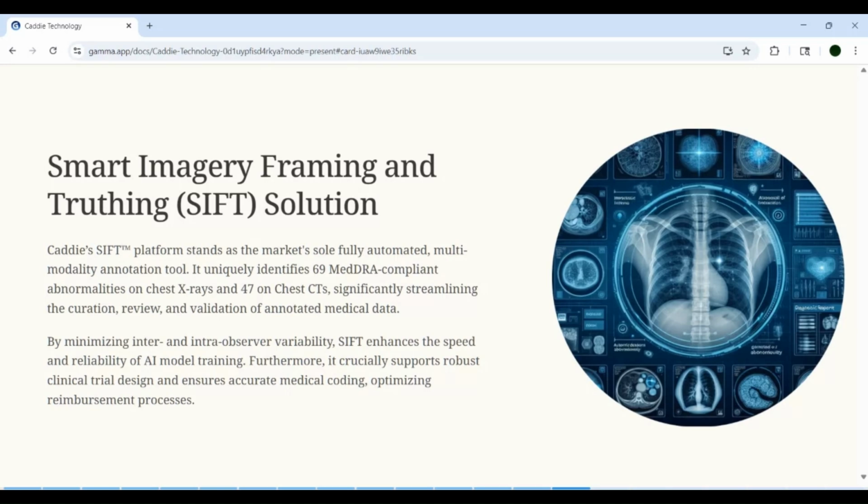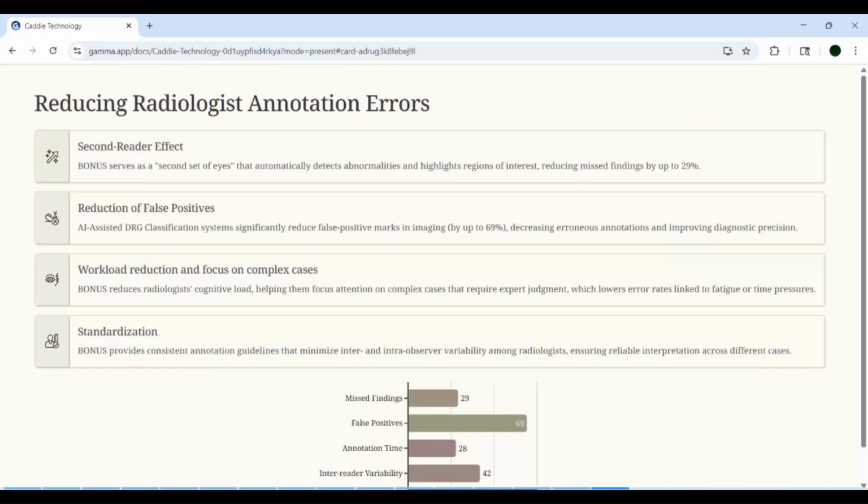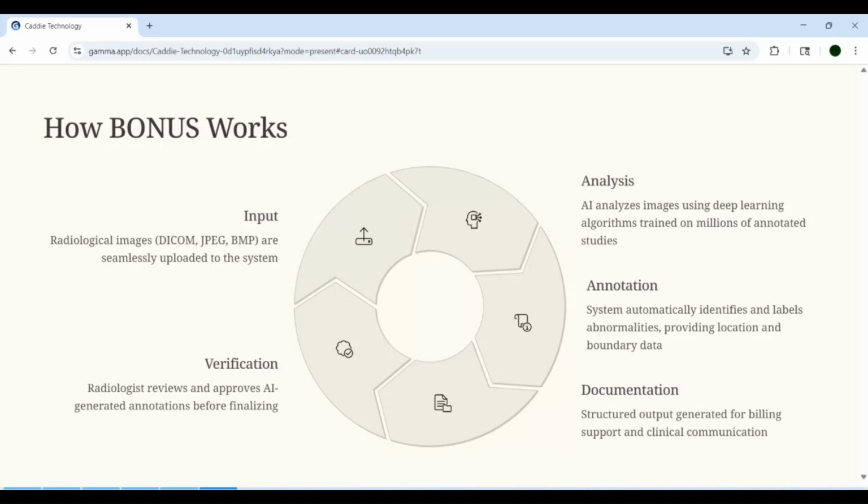The SIFT platform reduces inter- and intra-observer variation, and enhances and accelerates the training of trustworthy AI. SIFT annotation results include the locations and fine-grained boundary of the desired lesion, comorbidities, if any, and semantic text. In summary, AI integration enhances annotation accuracy in diagnostic imaging by automating complex pattern recognition, speeding up workflows, ensuring consistency, and incorporating clinical context, all of which contribute to more precise and reliable medical image annotations that support better clinical